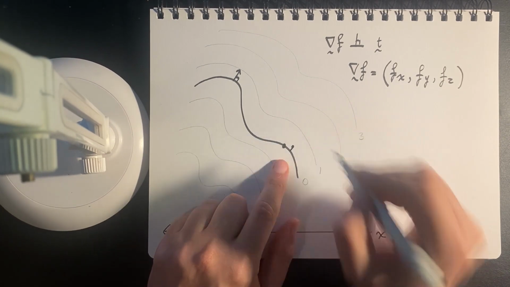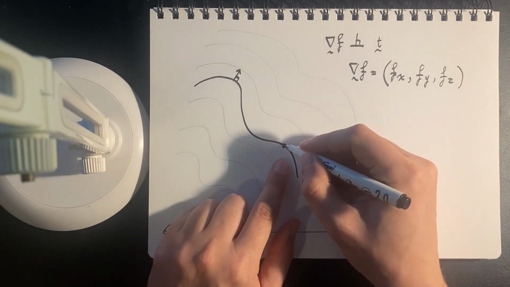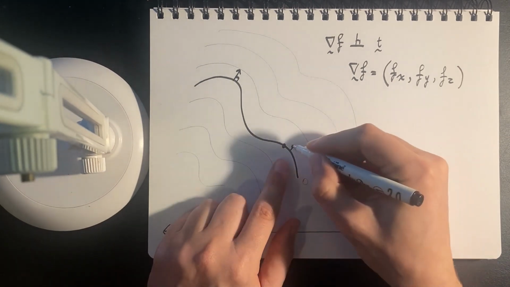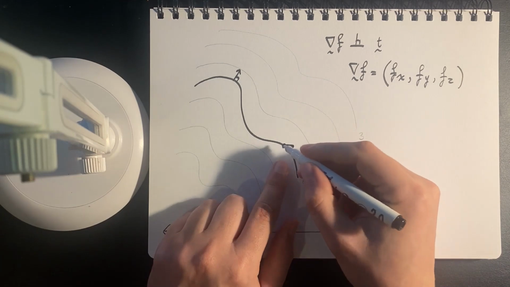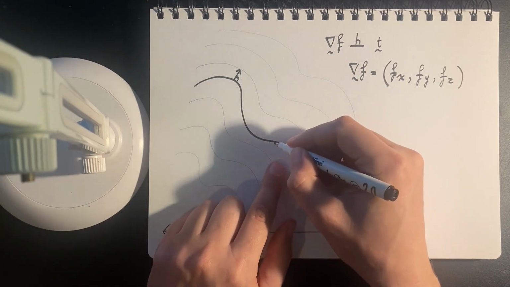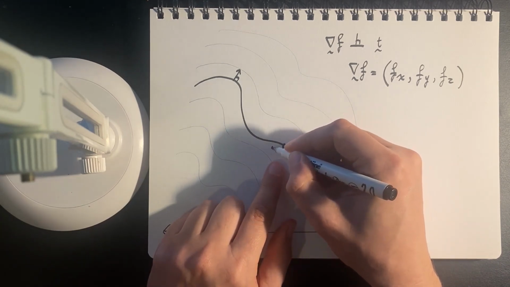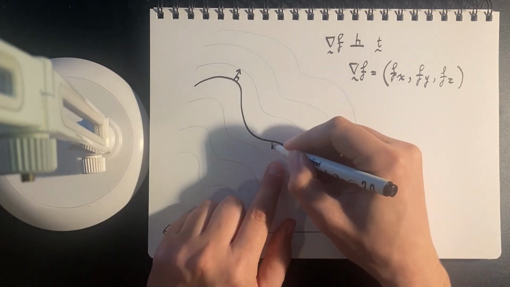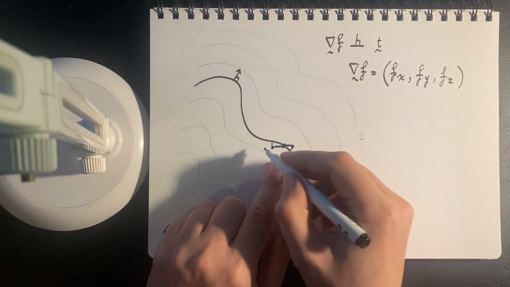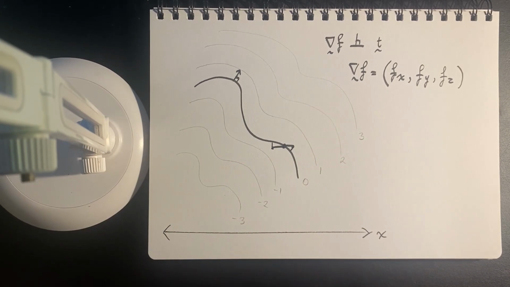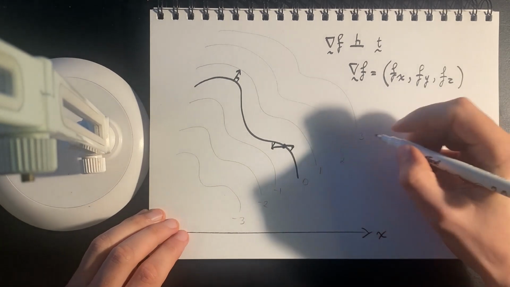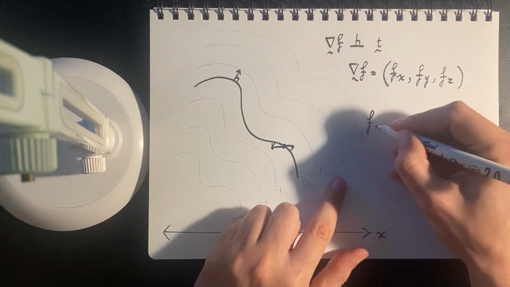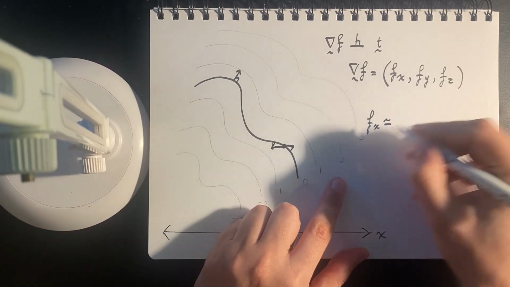That will give you some sort of value, and by a finite difference, you would get some approximation of the x partial. But to improve that approximation, you could also take an equally spaced point to the left, measure that, and that would give you an improved approximation. So that's what I'm going to do here. I'm going to say that the x partial is approximately